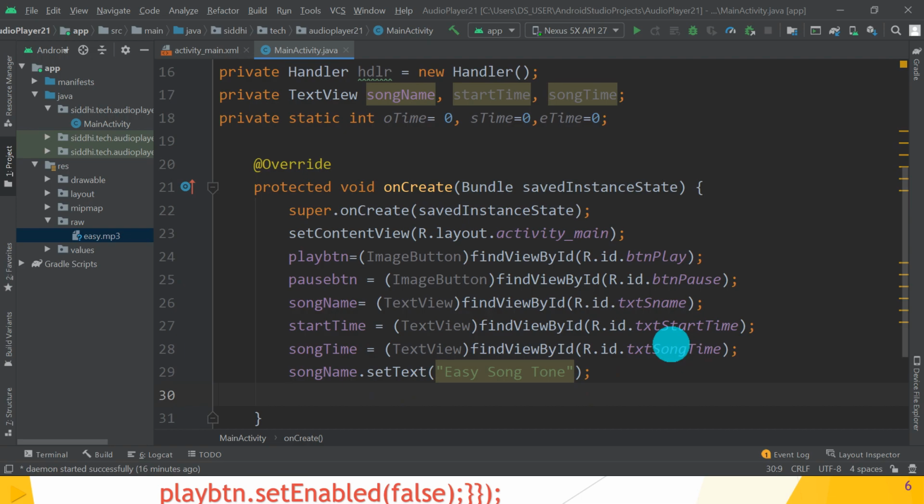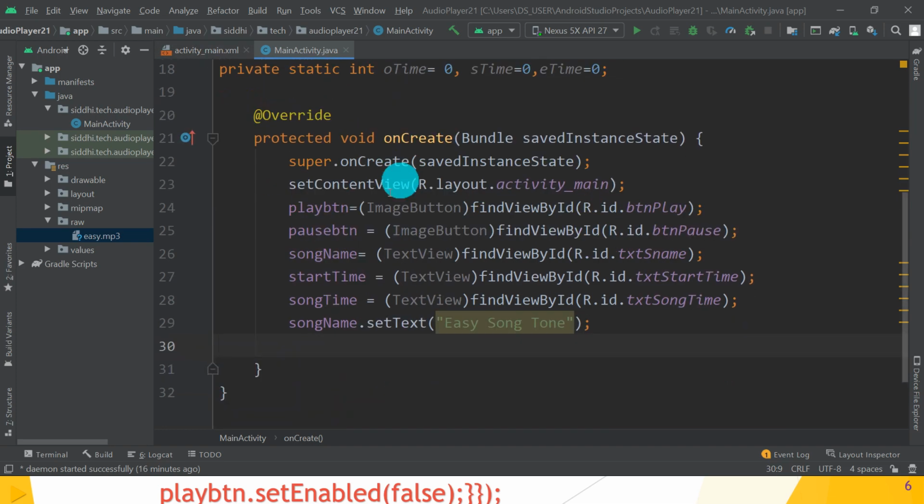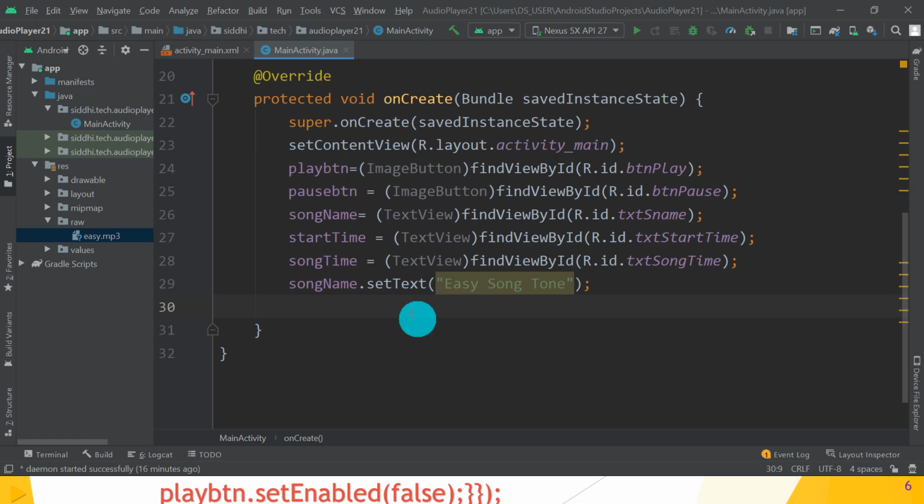Guys, hope you understand this part. We have already seen these parts lots of times: to create the reference variables of the number of views we have created in the activity_main, and assign the ID of that particular activity_main.xml file.